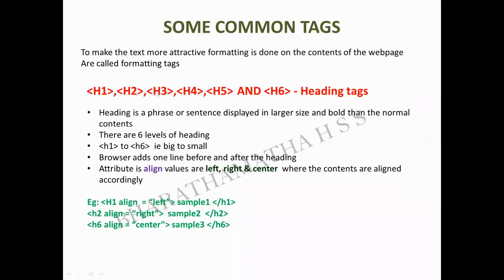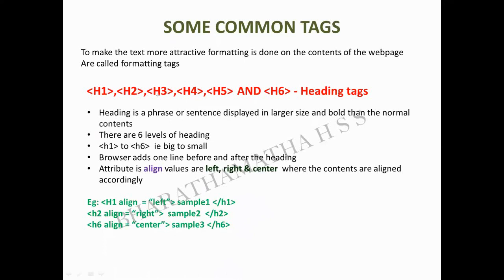So some important tags. This is called the heading tag. H1 to H6 you have. That is the range. Based on each size, that is H1, the size of your heading that you're going to display will be a little bit big and bold. Gradually, when you come to H2, it will come down, come down, come down. And when you come to H6, the size will be much more reduced. So this is how you can create headings.